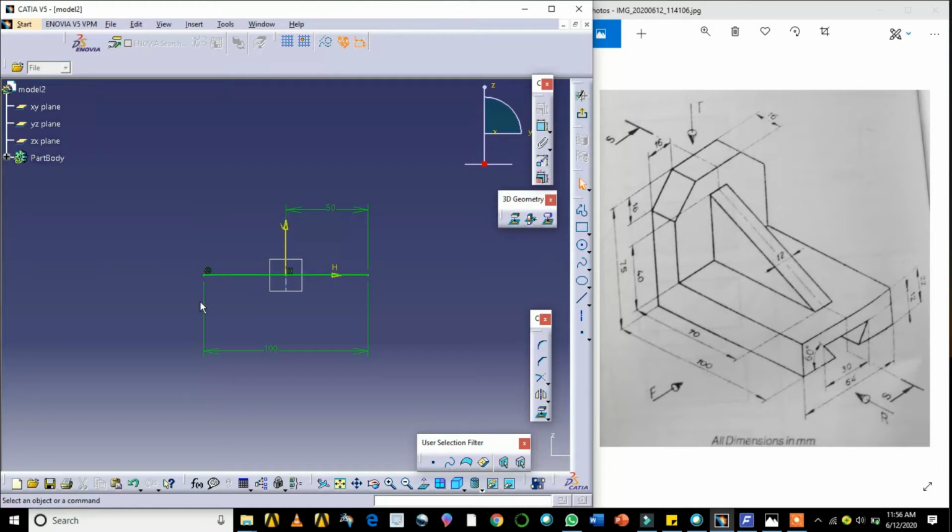Next, at this end, I'll try to create this. In order to come out of this command, you press the escape key on the keyboard.